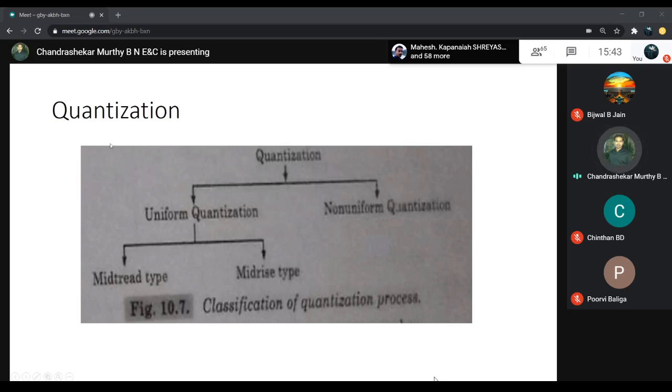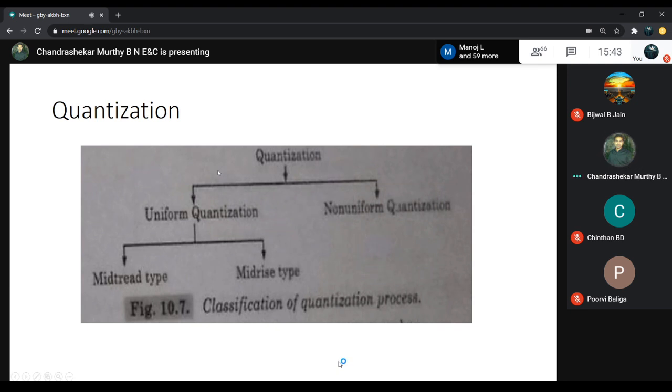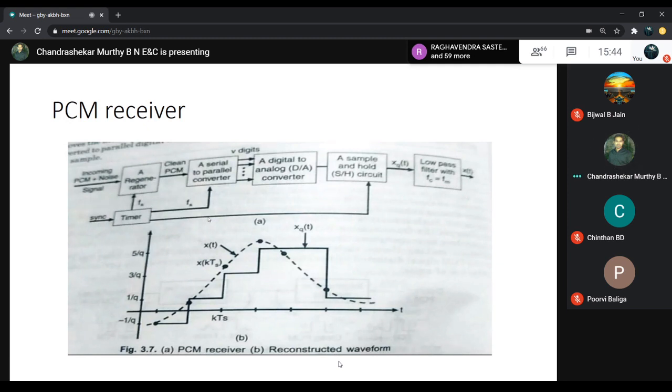So we have discussed so far from this chapter regarding pulse code modulation. Initially, we discussed how the sampling process takes place. After that, we dealt with pulse code modulation, with respect to the block diagram: the transmitter part, the transmission path, and the receiver part. Okay, so that is what we discussed. And after that,